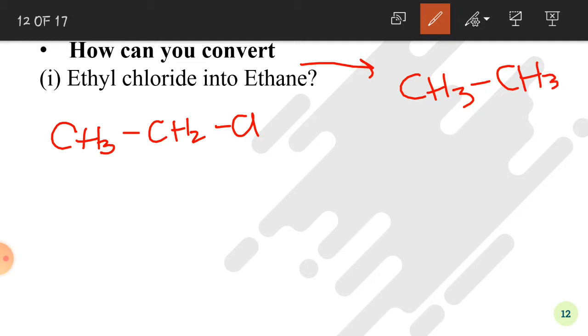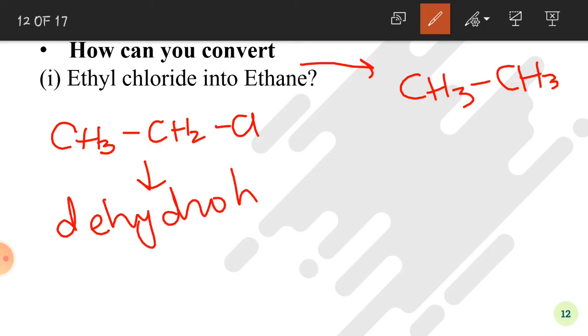Now you have not read about the direct conversion of ethyl chloride into ethane. If you revise certain concepts, then you will understand or memorize that for the alkyl halides we read certain reactions and some of those reactions belonged to the class that is